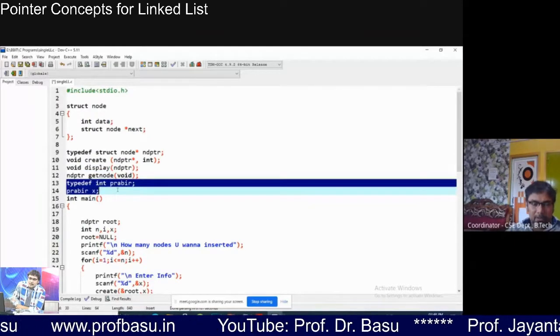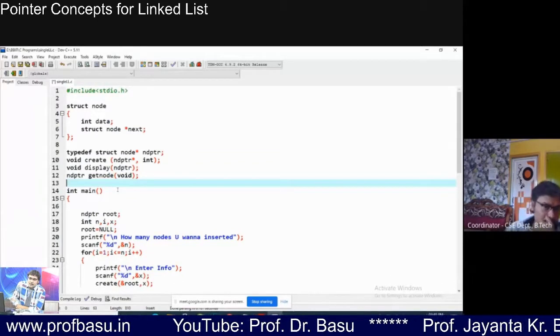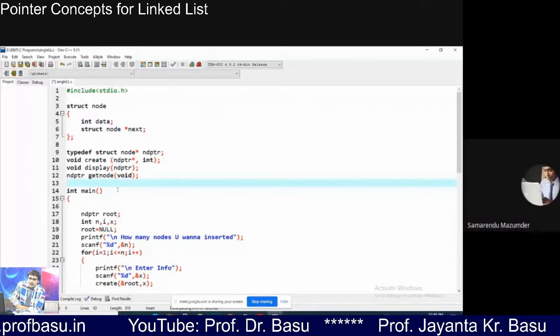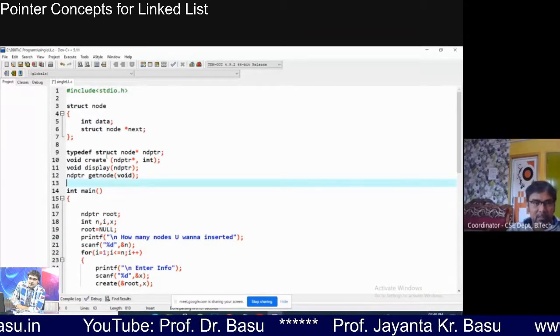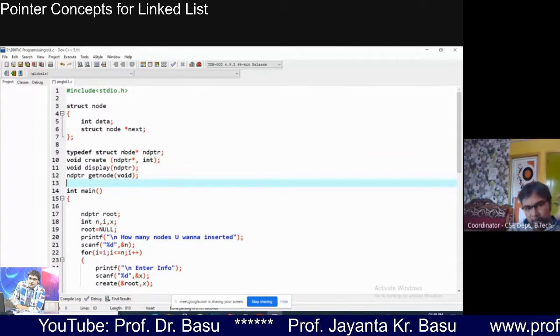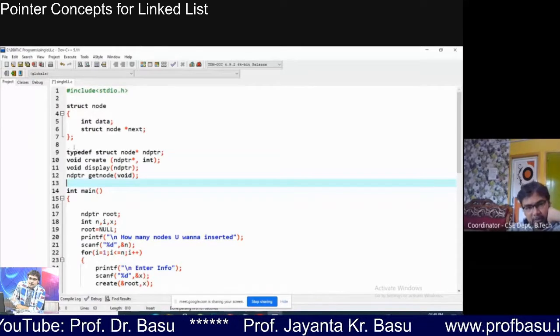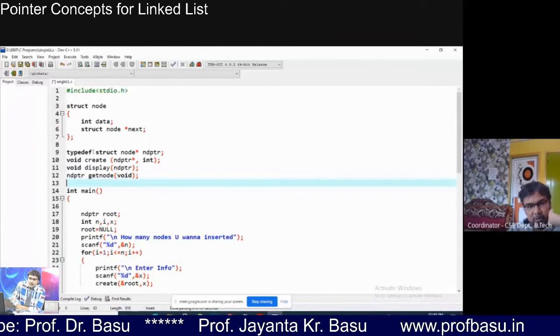I think you have heard the term typedef in your C, isn't it? Hello, have you heard the term typedef in C? Yes, sir. So this is the main application of typedef in industry. If you go through the code of a particular software, you will see so many statements starting with the typedef keyword. Typedef is a keyword in C.